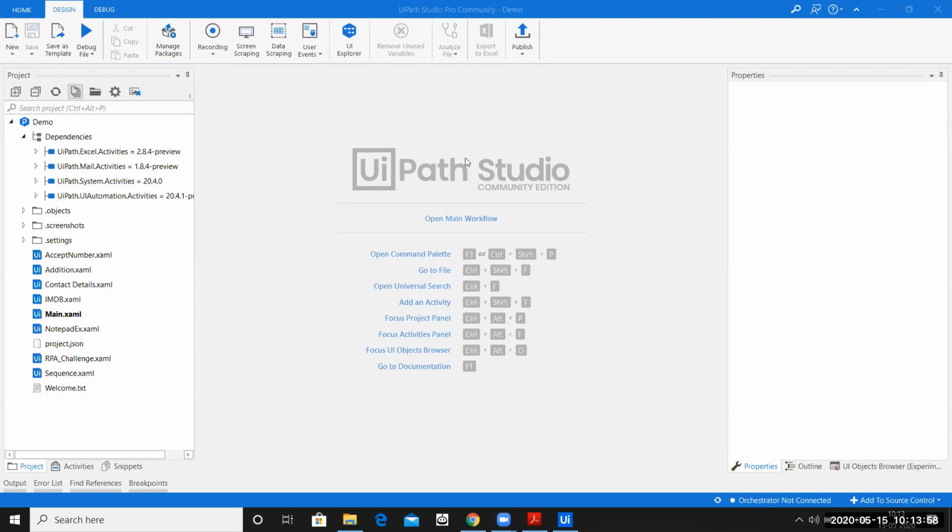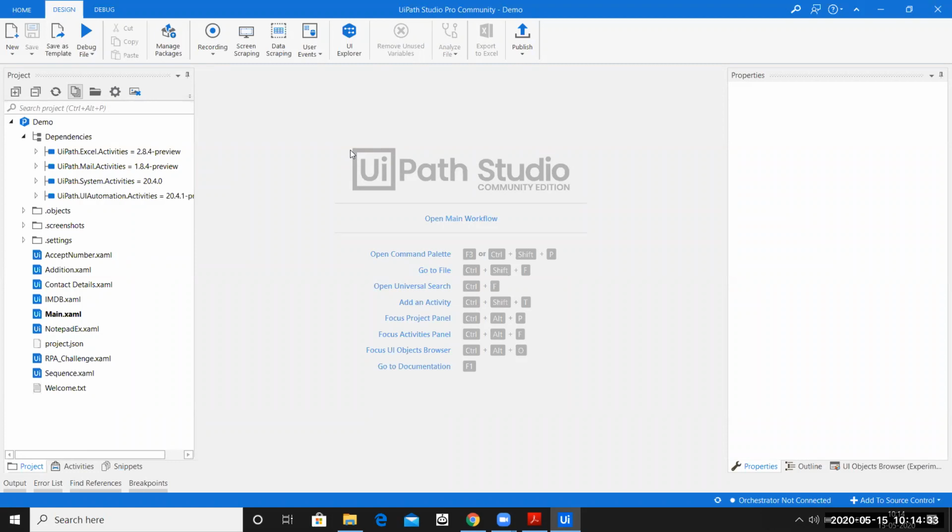So as I said, we have one major difference between UiPath Studio and UiPath Studio Pro. The only difference is when you go and create a new file, a new workflow in UiPath Pro, you get two options: test cases and data driven test cases. In this new update, we came up with the test cases, which was not there in the previous version. So we are not bothering about it. Be it Studio or UiPath Studio Pro, it does not matter. You can still continue with the workflow.